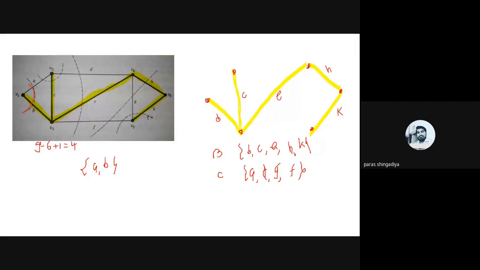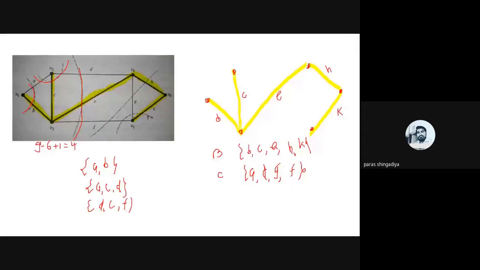Second, I consider ACD, okay, where V2 is disconnected from the rest. So the second fundamental cut set is ACD. Why is it a fundamental cut set? First, it is a cut set here. And why is it a fundamental cut set? Because C is a branch, only one branch, and A and D are chords. So it is the second example. Third, you can consider DEF. Okay, remove D, E, and F from the graph, which makes the graph disconnected.